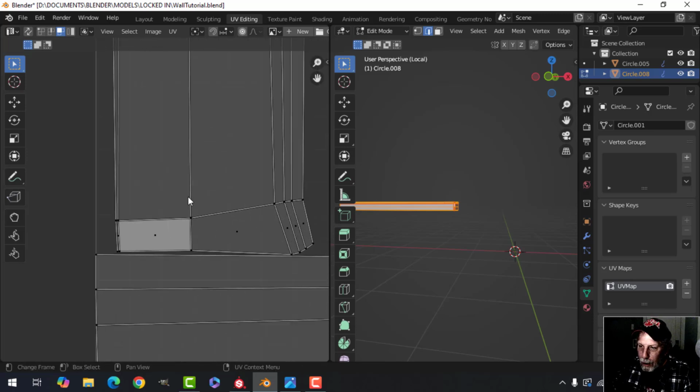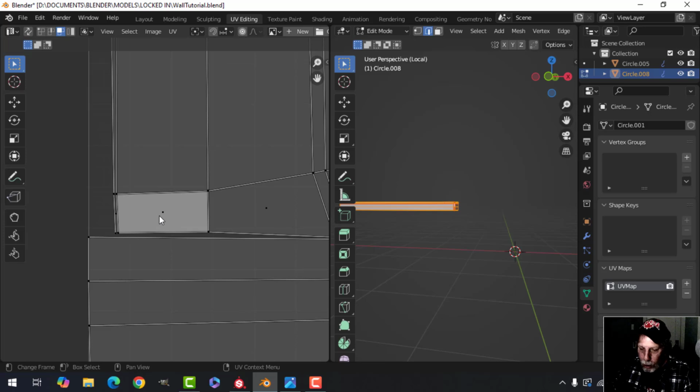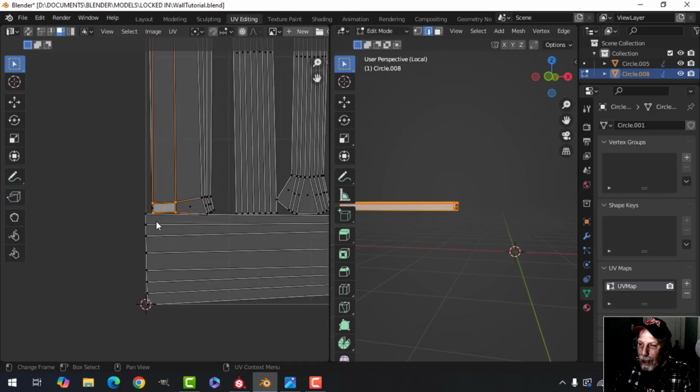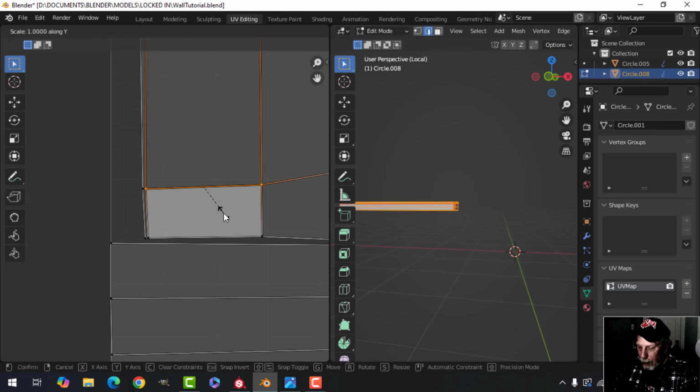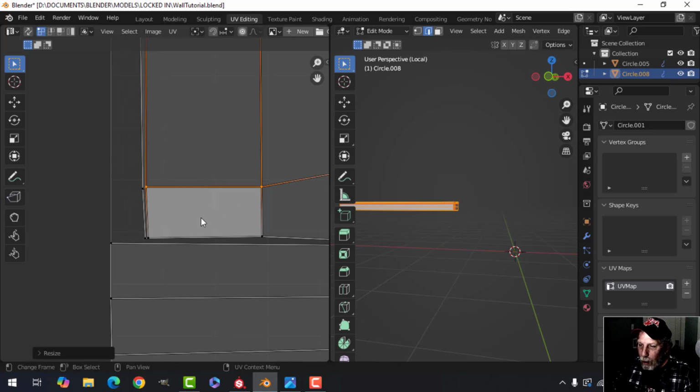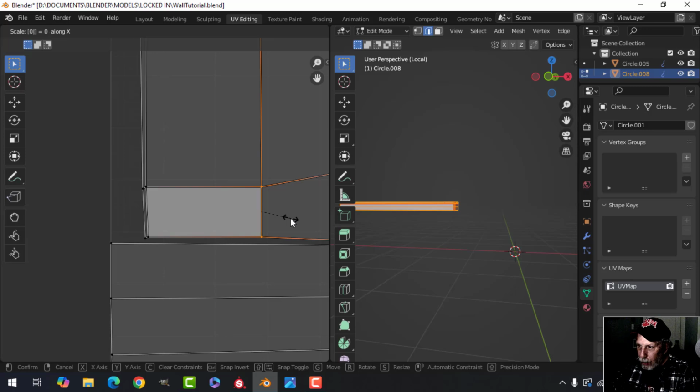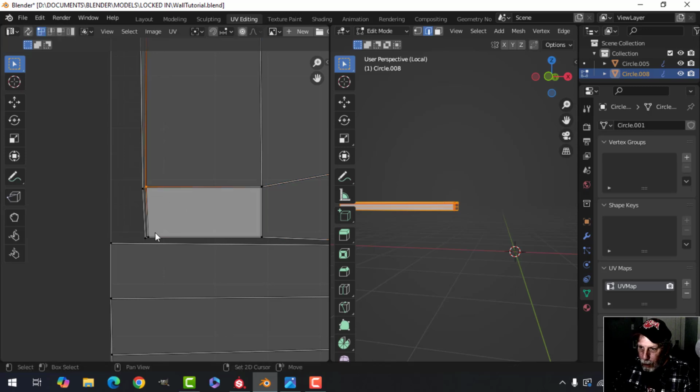I'm looking for a quad, and this one's not looking too bad. Let's try. Maybe we could use this and have the other ones follow it. So let's come in here, press 1 for vertex selection, select these top ones and go S Y 0. So that straightens them in the Y. Don't forget to do the bottom, S Y 0. Let's grab these two, S X 0, and these two. Make sure we get the right points,